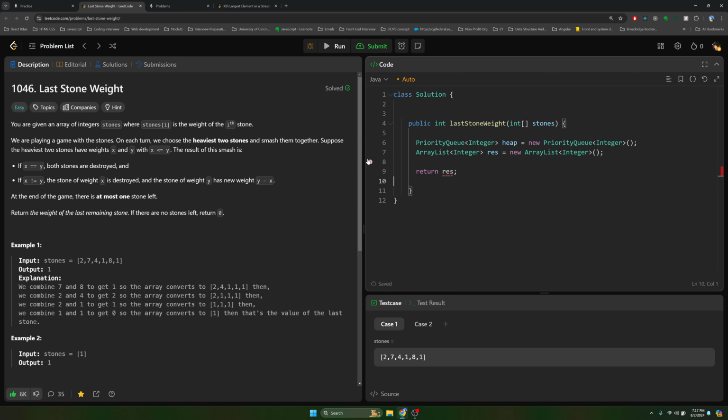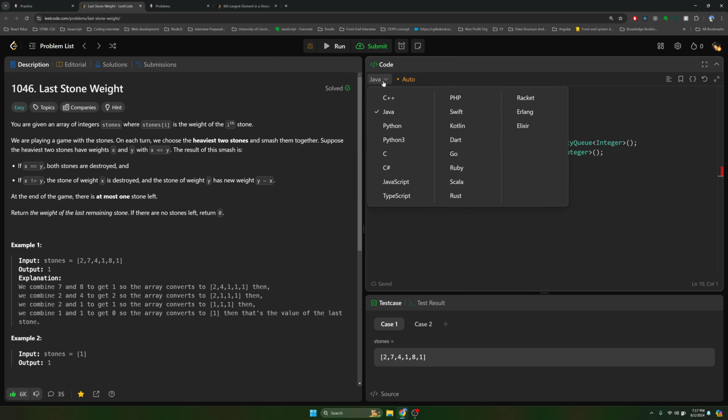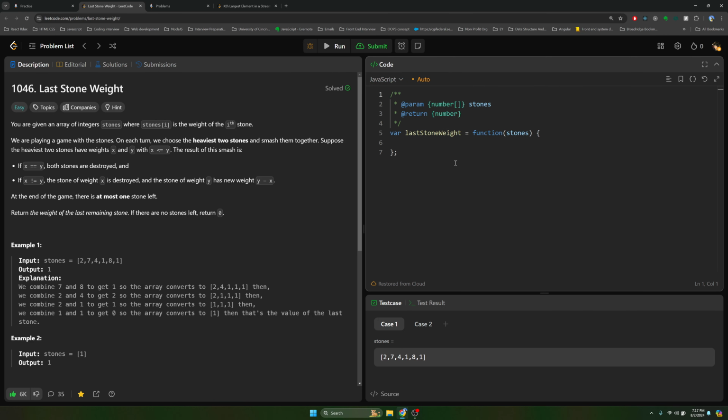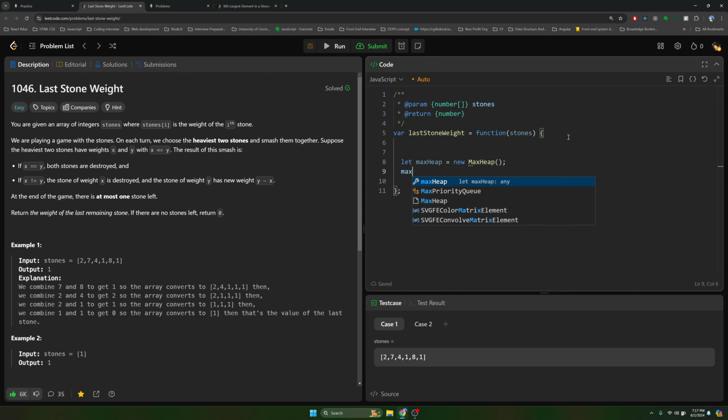Just an array. Okay, I'm not sure how it should be coded in here, but I just want to show the logic of it. I'm not gonna get into details of it, so let's do it here. Let, in JavaScript, let max heap, I'll call it max heap. Okay, so we got a heap, and then in the max heap what we have to do is